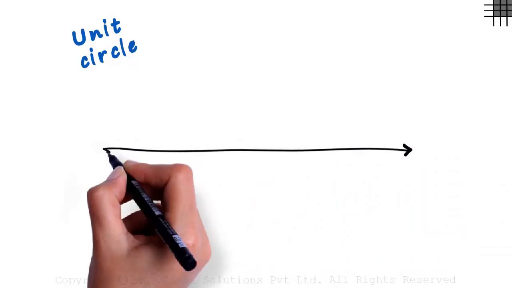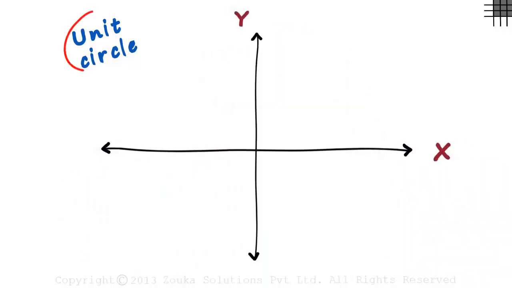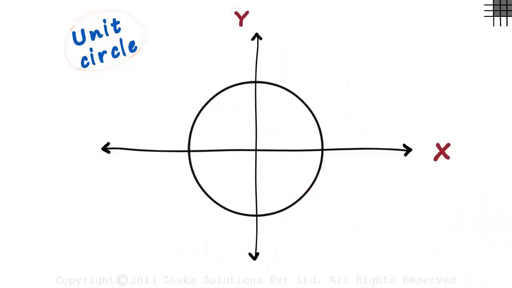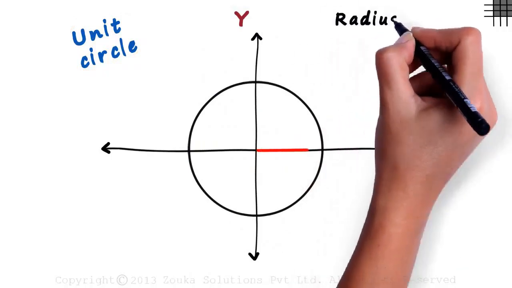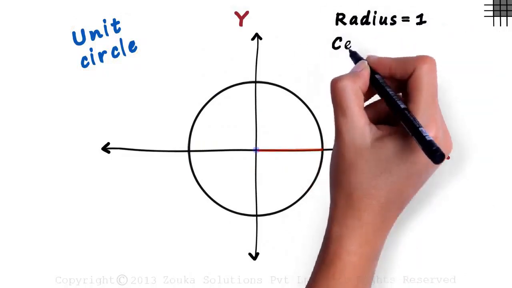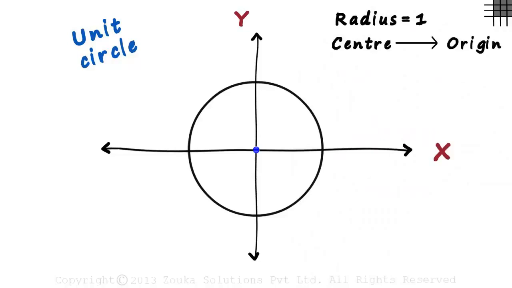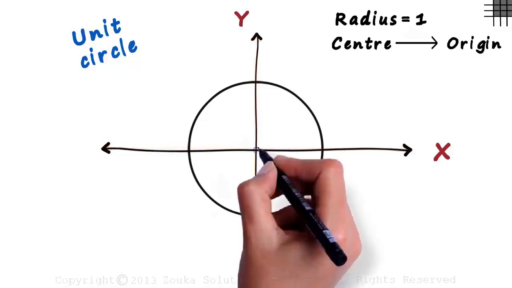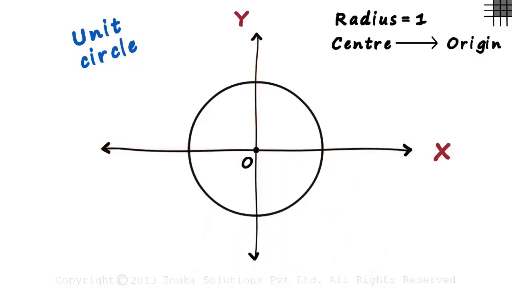To represent the Cartesian plane, let's draw the x and the y axis. The unit circle would look like this. It is a circle with radius equal to 1 unit, and it has its center at the origin, which is the point at which the x and y axes meet. Let this point O be the origin. And remember, this is also the center of the circle. Notice that the circle meets the x-axis at 2 points and the y-axis also at 2 points.